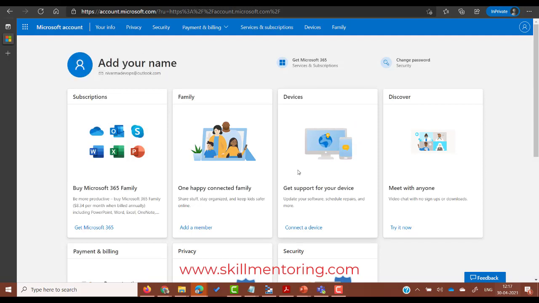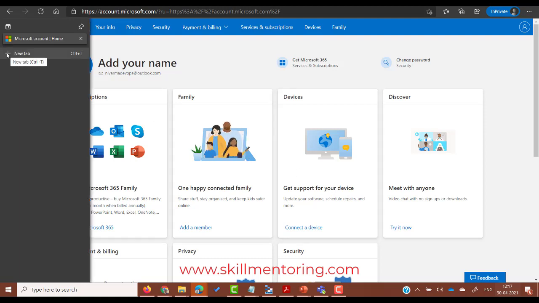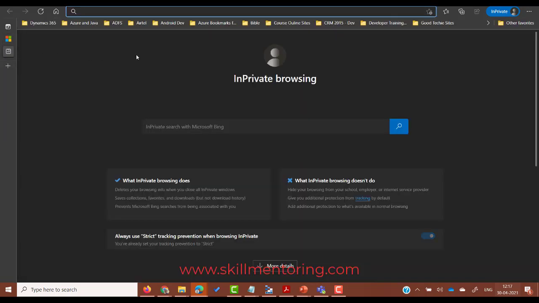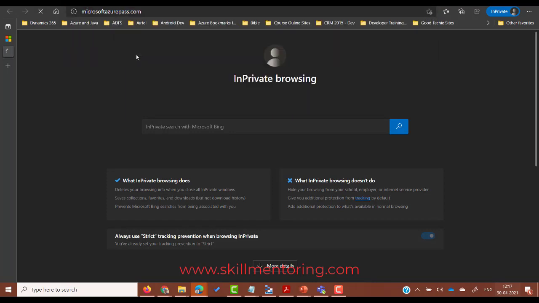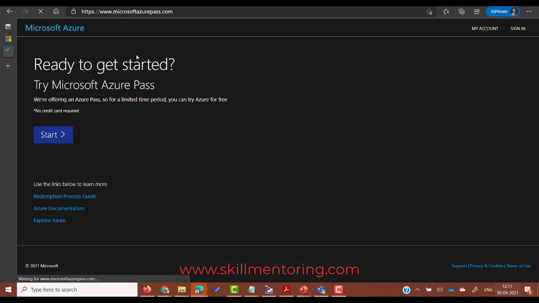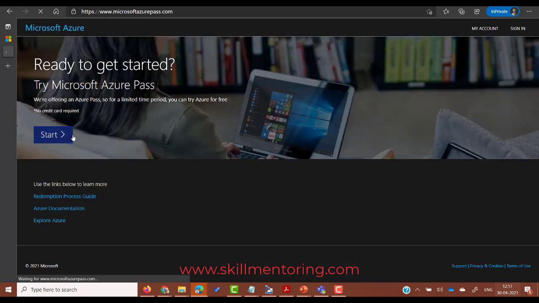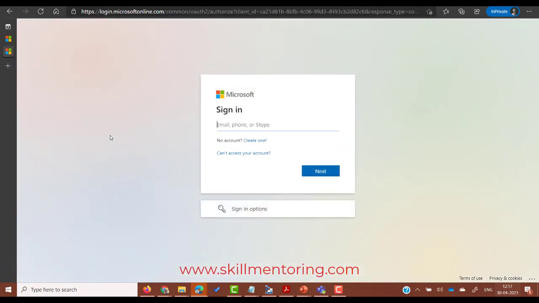Now the next thing is that I will open another tab here, and in this one I would like to go to the website from which I can redeem my Azure Pass. So I can go to microsoftazurepass.com. I can click on start, and I'm going to use the same ID that I created in my previous step in order to log in,